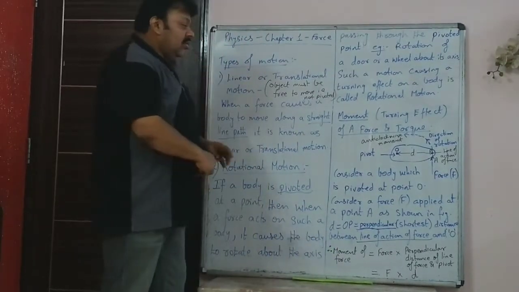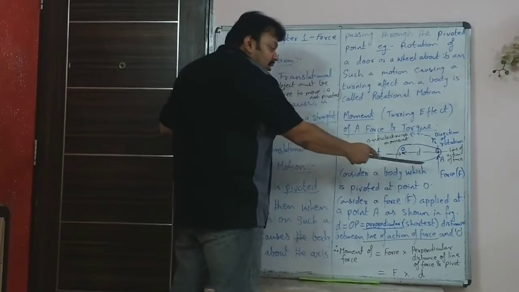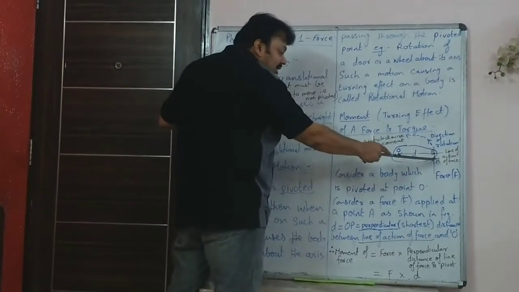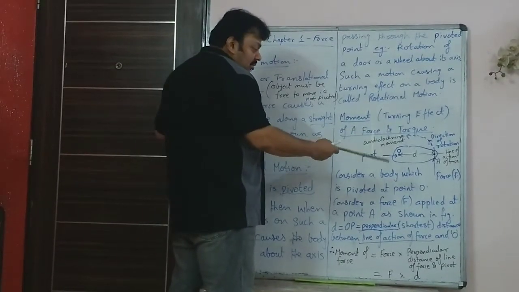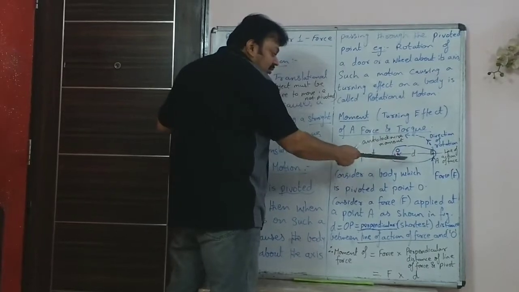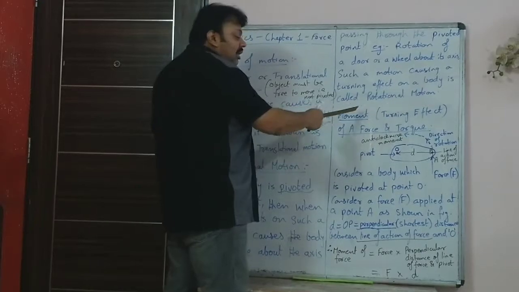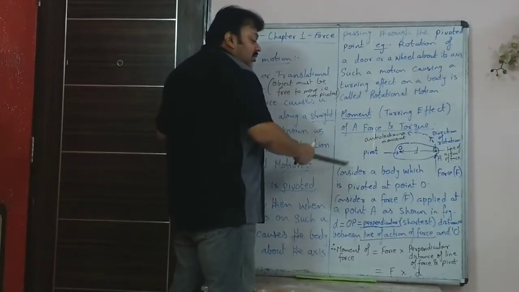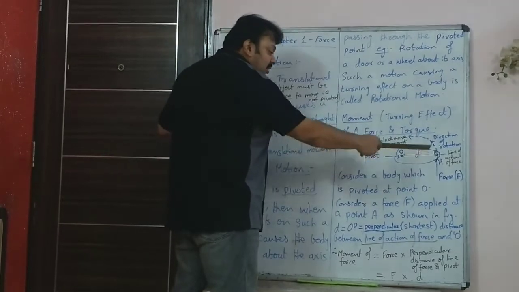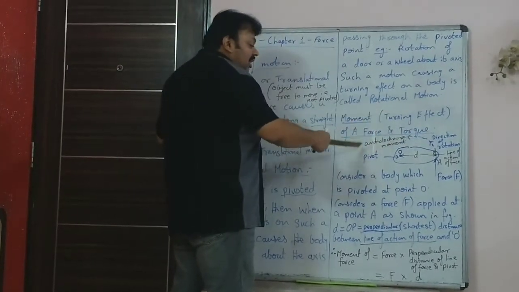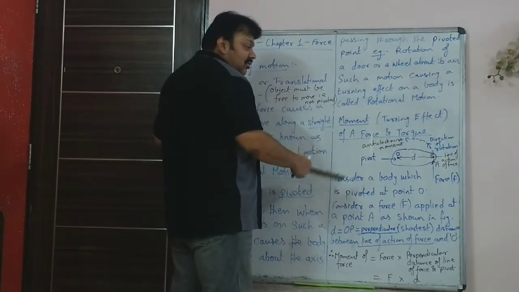So now here you have an object which is pivoted at the point O, and a force is applied like this at the point A. Obviously, by using your common sense, you can find out, since it is pivoted here and force is applied upward at the point A, the object will rotate like this around the pivot. So it is going to move in anti-clockwise direction. That is 3, 12, 9, 6. That is anti-clockwise direction. Reverse direction of the clock's rotation.